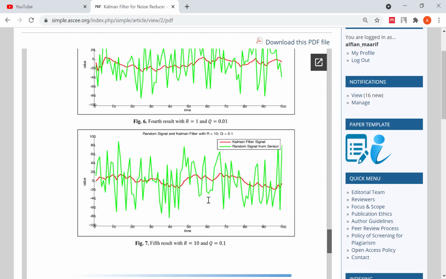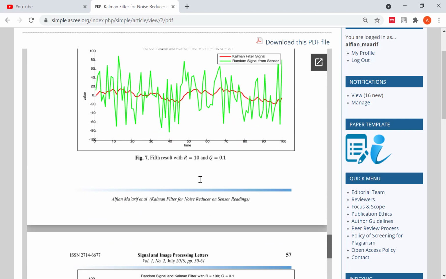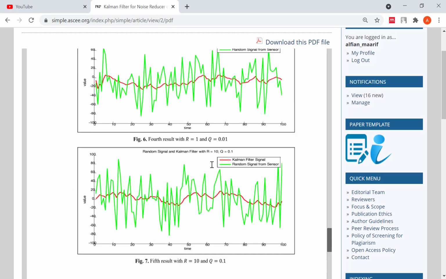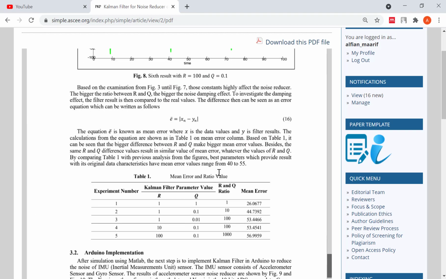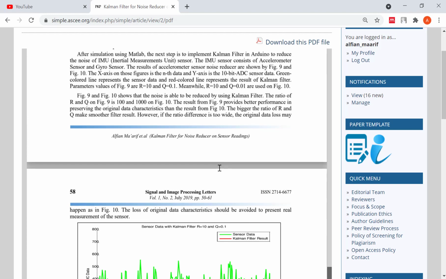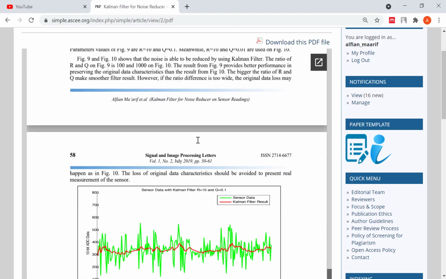Okay, this is the good parameter for R and Q. The R is 10 and the Q is 0.1 here. It is the best parameter in the simulation. So this is the result from the simulation using MATLAB. And then we make the implementation in the Arduino.